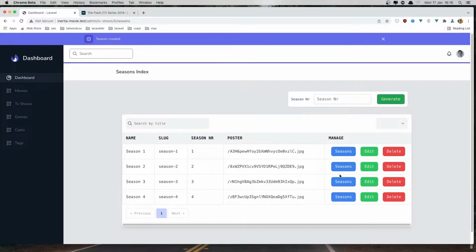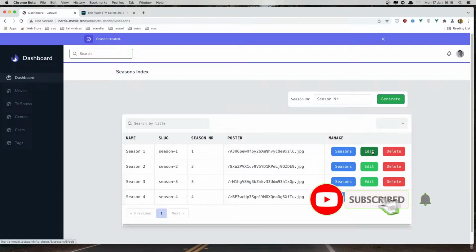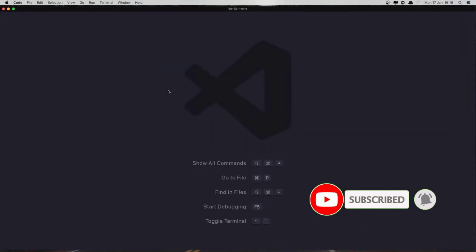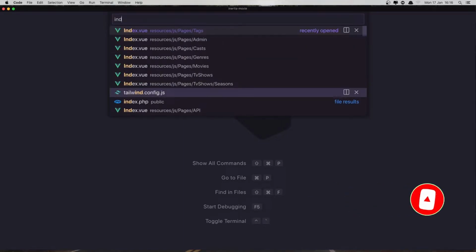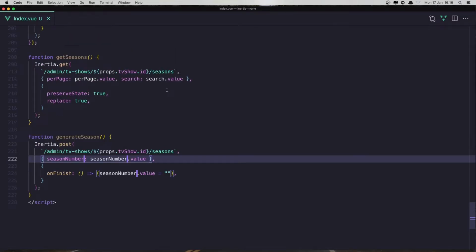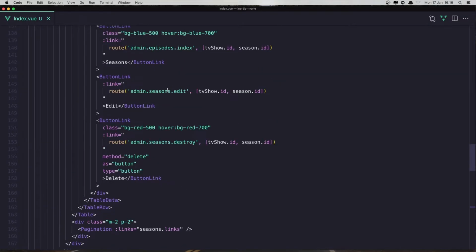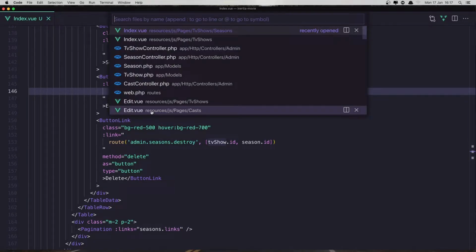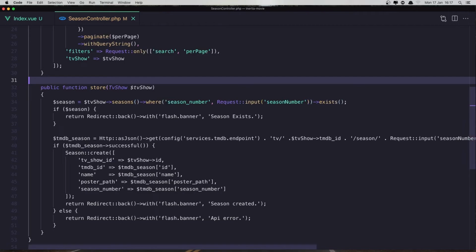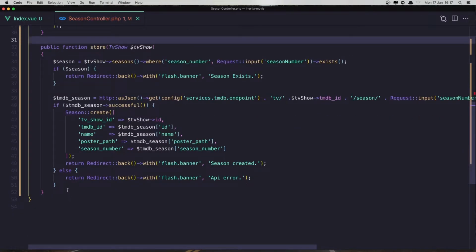And here we have seasons. I'm going to add the episodes, but in the next video. In this video, we are going to work with edit and delete. So open the index of the seasons. Right here. And we need to go to the buttons, admin seasons edit, and we add TV show. Okay. We need to open the season controller and create the edit